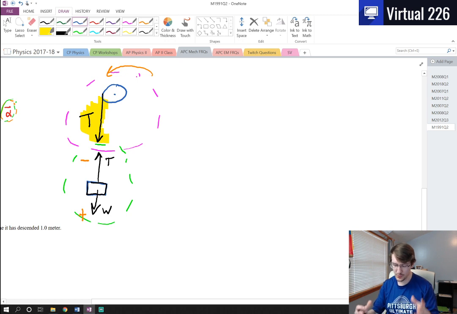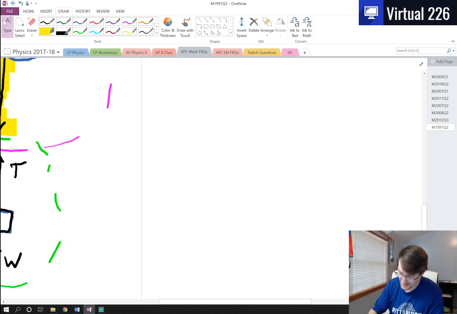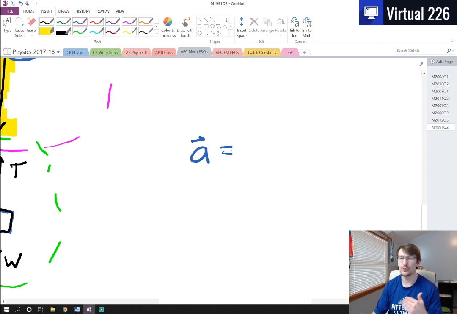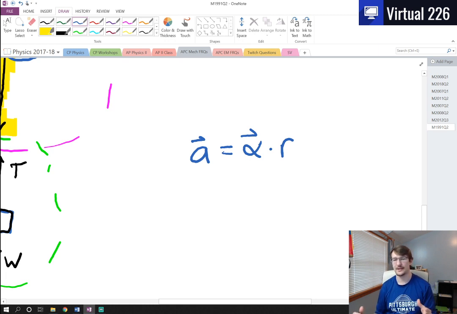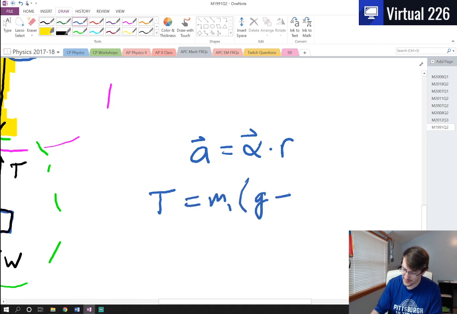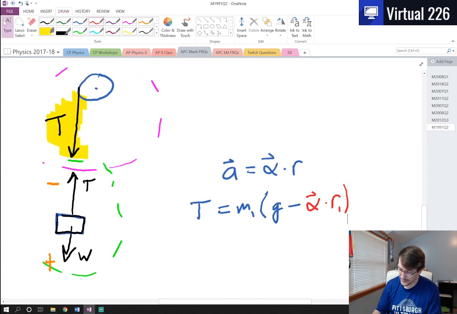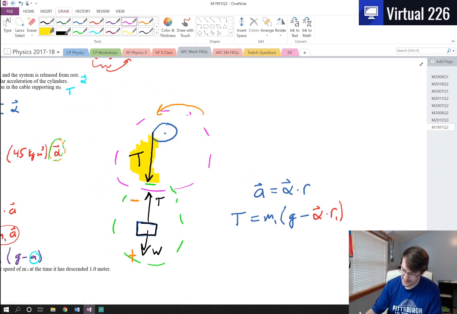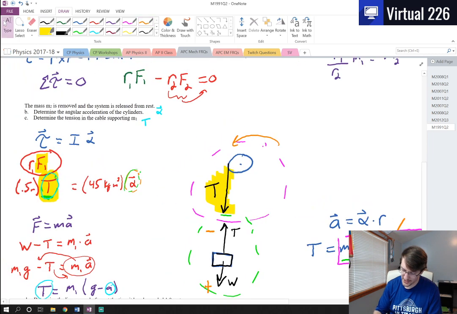Because this is all moving as one system, what we can say is that the linear acceleration of an object is equal to an angular acceleration multiplied by that radial distance that it's acting at. So what we can say here is that the tension equals m1 g minus, and we can put in alpha times r1. This is really nice because even though I can't solve this directly for t, I know t is equal to a bunch of constants, m, g, r, and an alpha term, which I actually have